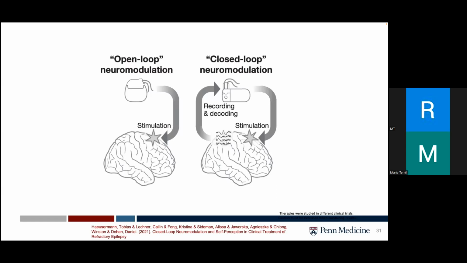Closed loop system, on the other hand, is also called responsive stimulation. It's more of an advanced approach. It has 2 main components: the sensing component and the stimulation component. The sensing component continuously monitors relevant physiological signals of brain activity, like ECoG in the case of the RNS, to detect abnormal patterns or markers which are indicative of an impending seizure. Once these patterns or markers are detected, the stimulation component is activated, and this delivers electrical pulses to disrupt this brain activity, aiming to prevent the seizure from fully developing or spreading.